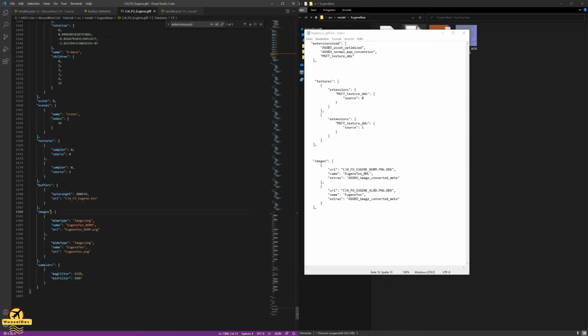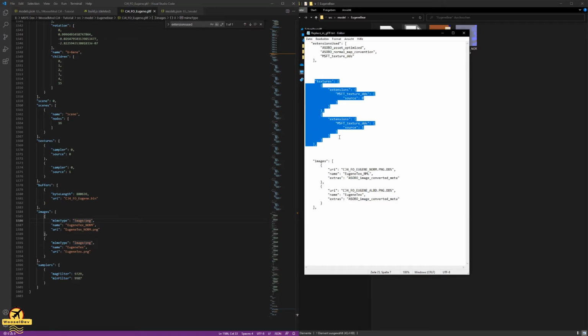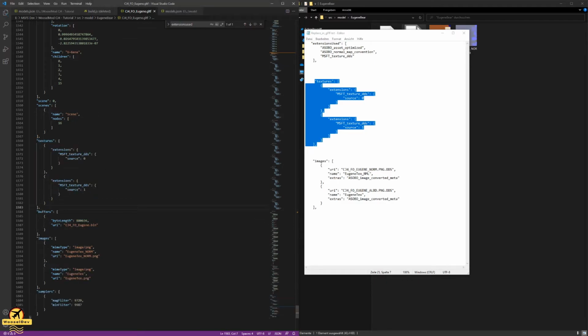Right there. And here you can basically see textures and images, right? It's referencing the PNGs and we need to take care of that. So Microsoft Flight Sim is able to assign the correct textures and the DDS files that are required. So what we'll do first, we'll replace the textures node with that information here, make it compatible using the DDS